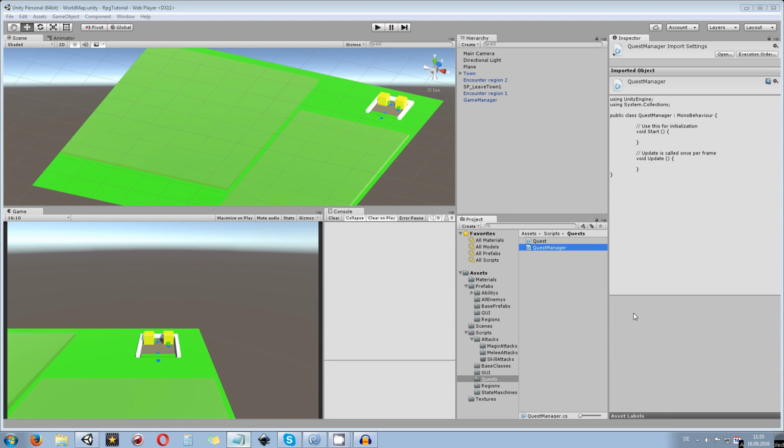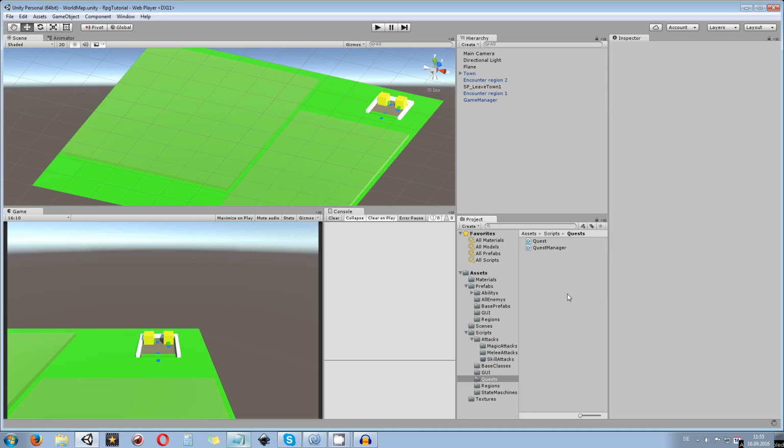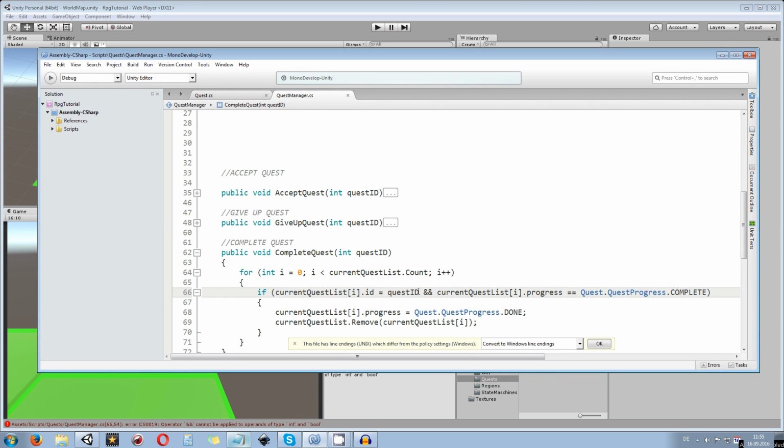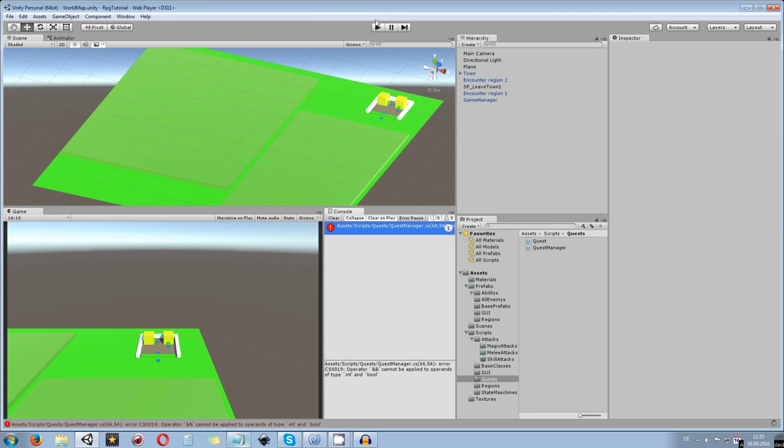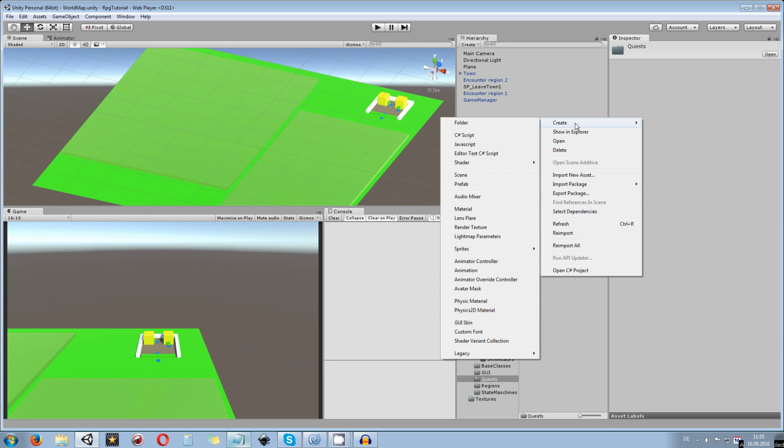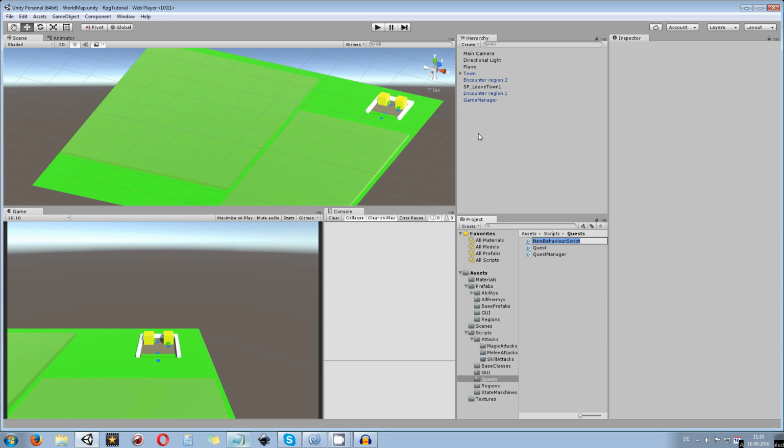Make sure that everything compiles very well in here, that we don't have any typos. Oh, there seems to be a typo. Let me just go in and check what's the problem. Oh yeah, that needs to be equal. Save. Gonna compile this once again. Yep, there we go. So what we do is we create another C# script, and this is going to be